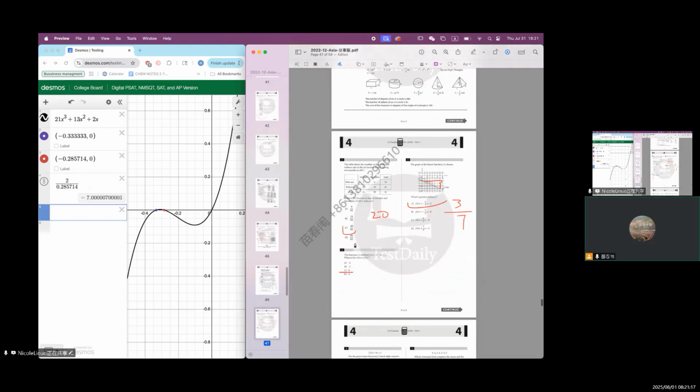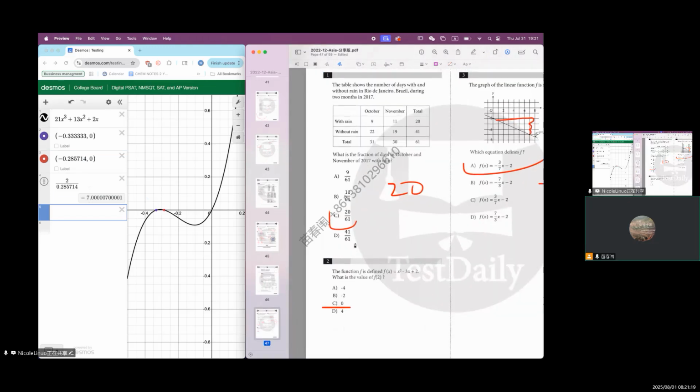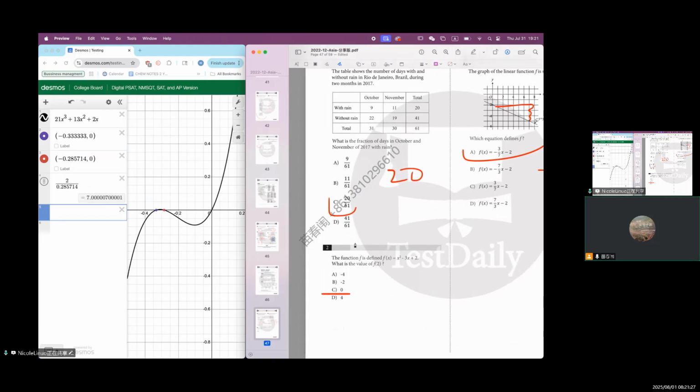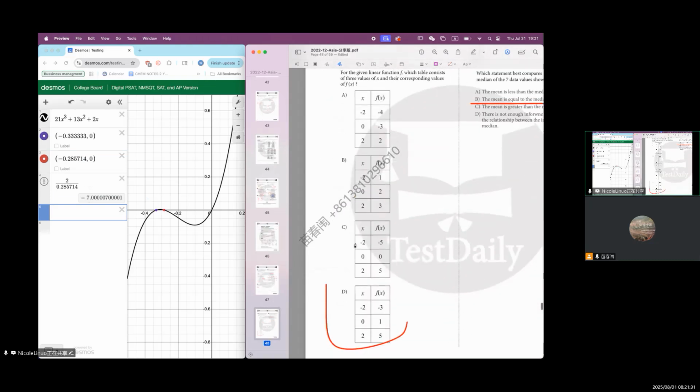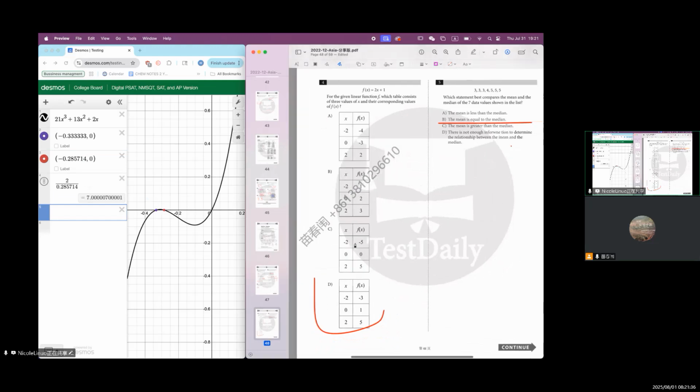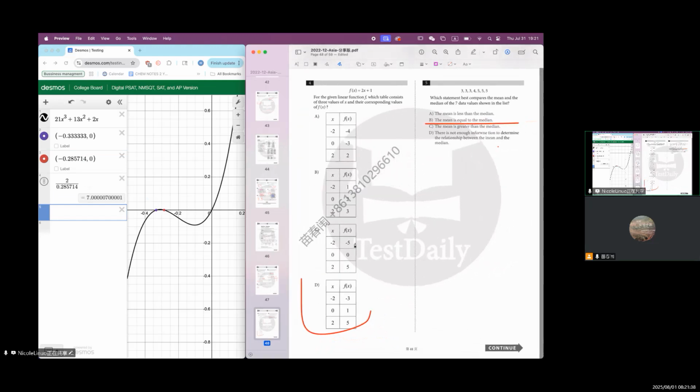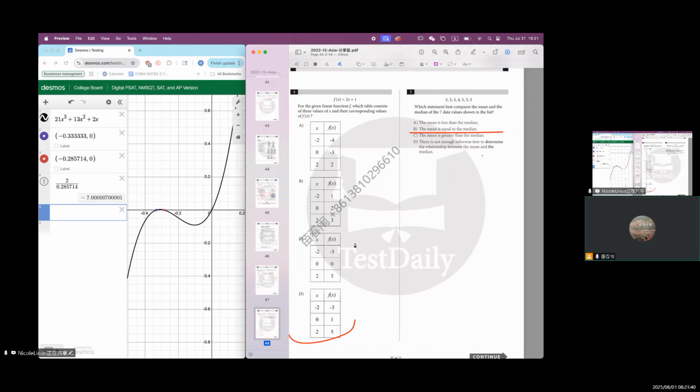Section 4. 1, I put C. 2, I put C. 3, I put A. 4, I put D. 5, I put B. 6,